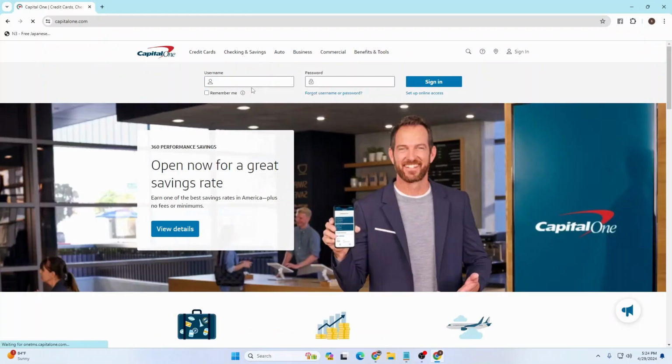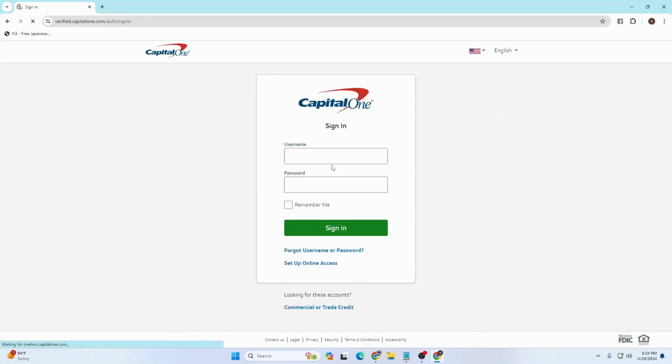Either you can log into your CapitalOne account directly from over here, or you can click on the sign in button available at the top right corner of the screen. Click on that and you'll be taken to the login page like this, where you'll be able to enter your username and your password of your account on the CapitalOne bank, which you had created at the time